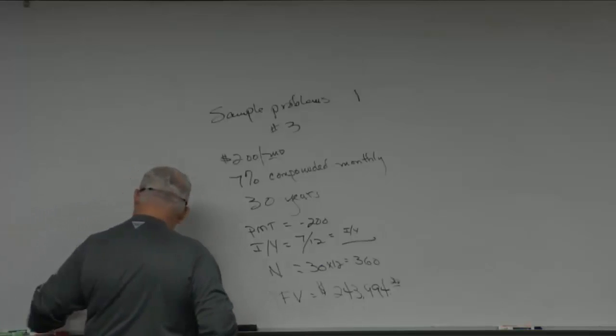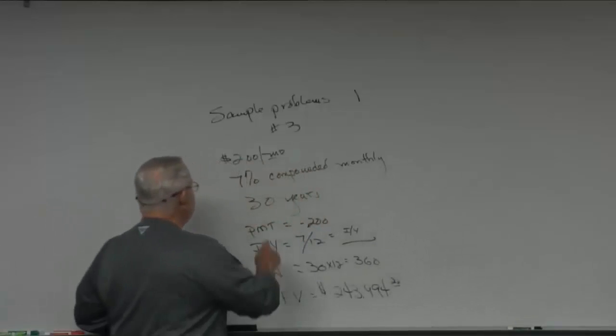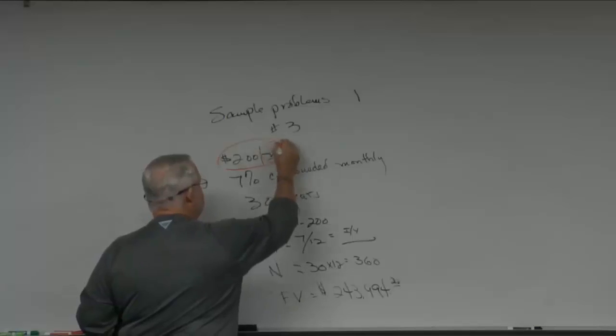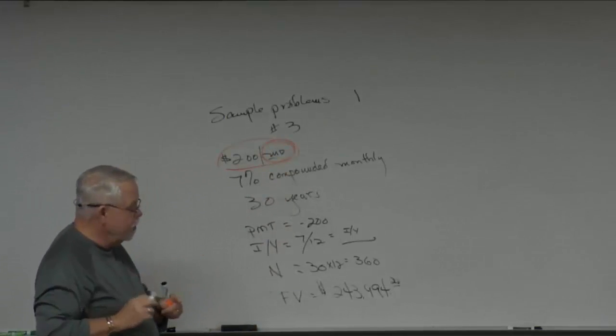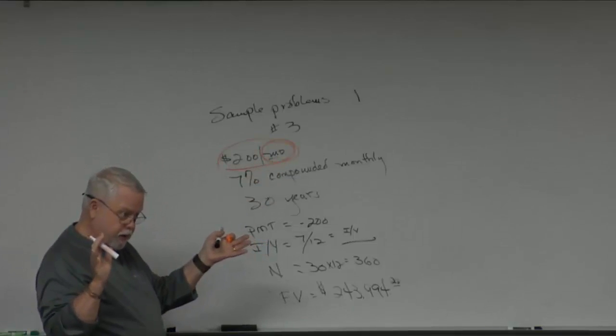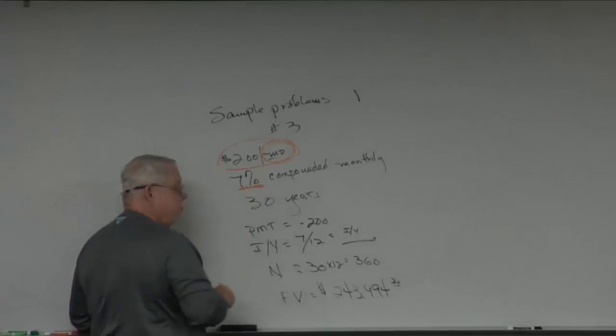Our situation was, we're told this fellow's gonna save $200 a month. And the first thing that should jump out is, we're gonna be doing payments, not lump sum. And it's gonna be on a monthly basis, so everything in the problem is gonna be on a monthly basis. Then they say the interest rate he's gonna earn on his savings is 7%,